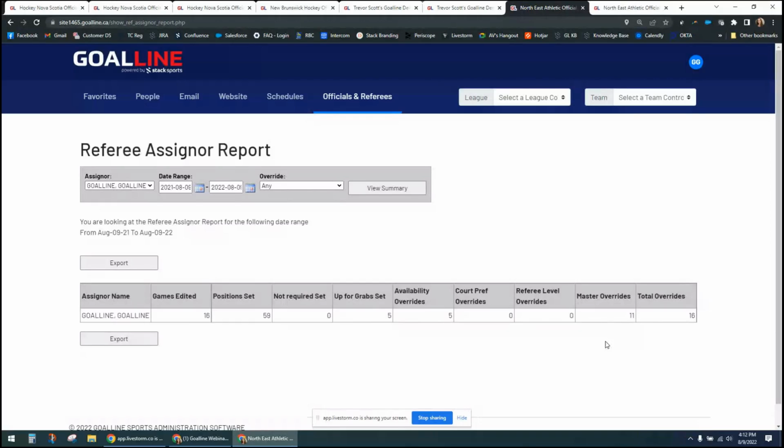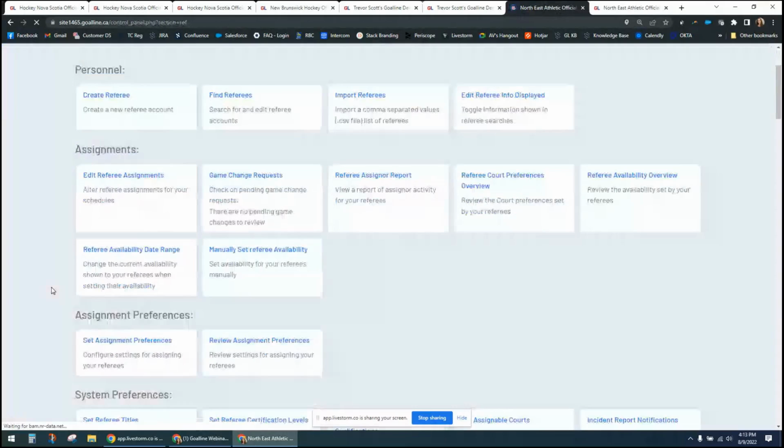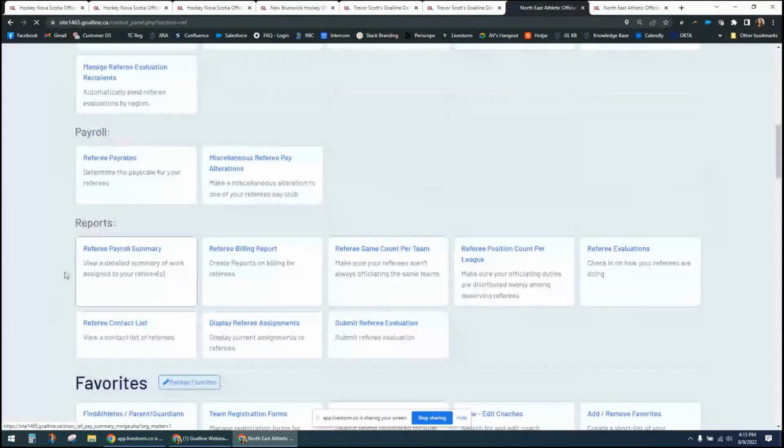So this assigners report is one way for you to get that overall look. And the benefit here is that it doesn't matter which leagues or associations it's assigning for, because all of the assignments are taking place here in this site. Another report that's great for that same reason is going to be your payroll summaries. Your payroll summary, when you are using the centralized side of things, is going to have some added layers for you